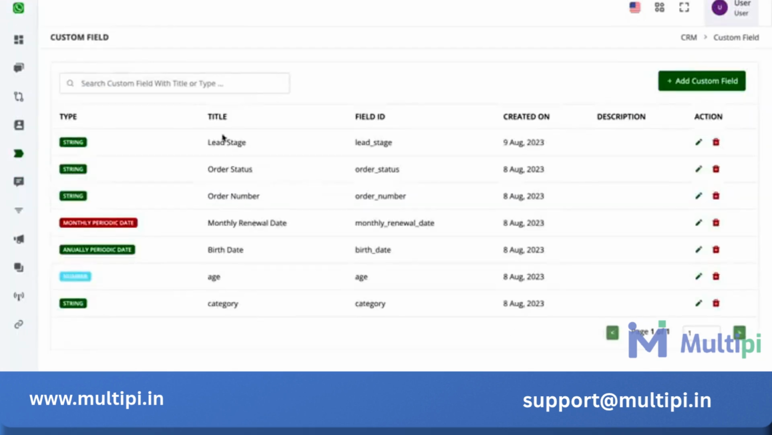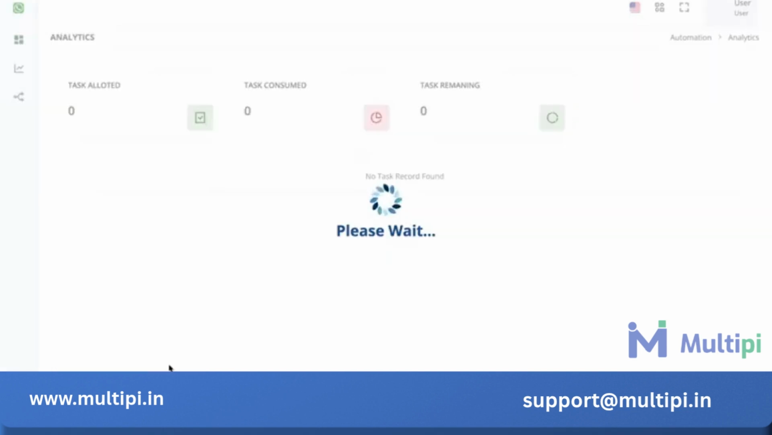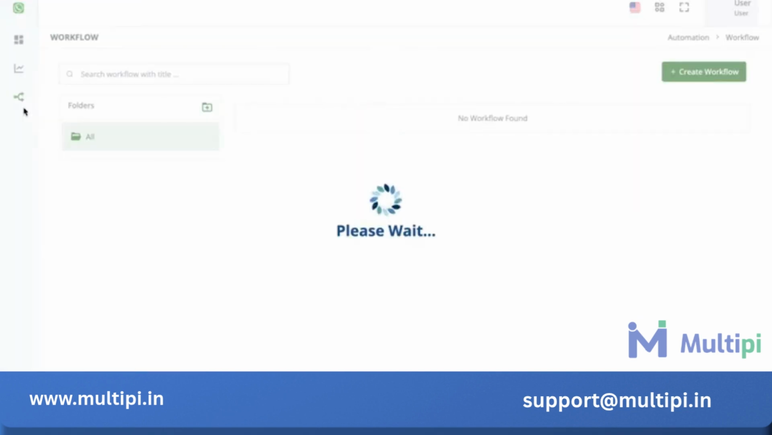Now I have a custom field named lead stage. You can create a custom field easily from here, and I already have created it. So I want to trigger a different series of messages, or a drip of message flows, whenever the lead stage changes for the contact. So the very first thing I'll do is go to the automations builder,